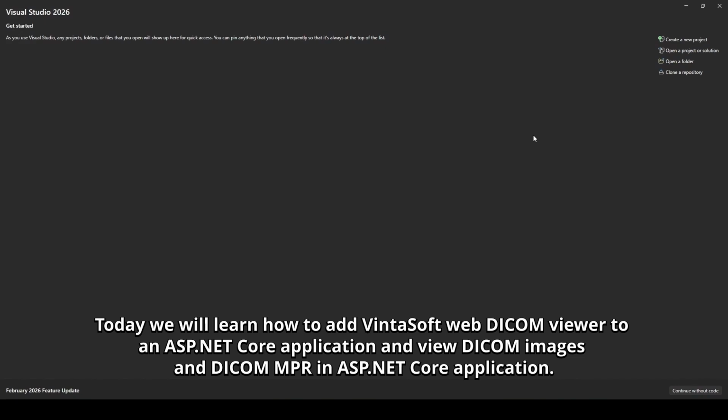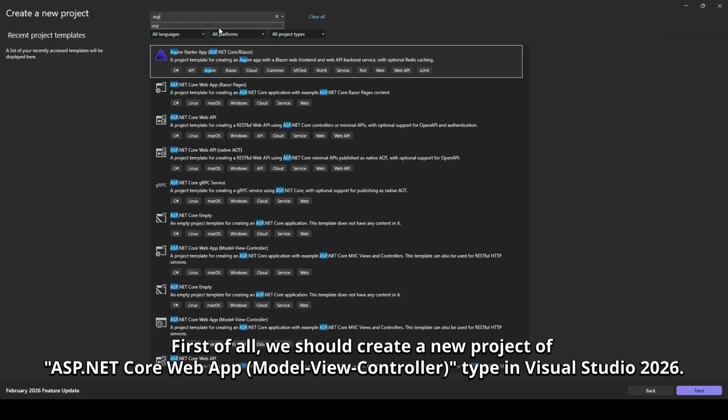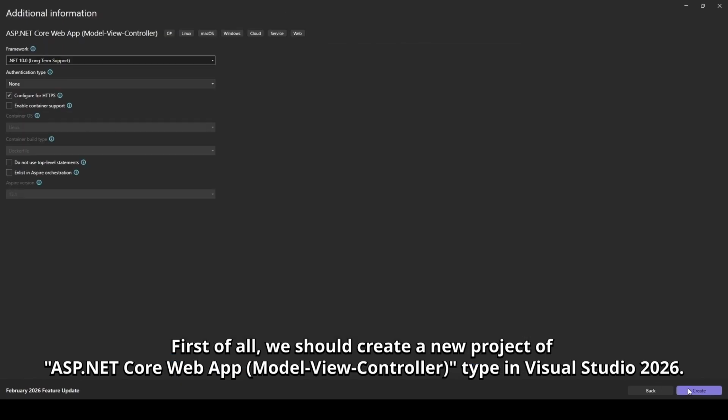Today we will learn how to add VintaSoft Web DICOM viewer to an ASP.NET Core application and view DICOM images and DICOM MPR in ASP.NET Core application. First of all, we should create a new project of ASP.NET Core Web App, Model View Controller, type, in Visual